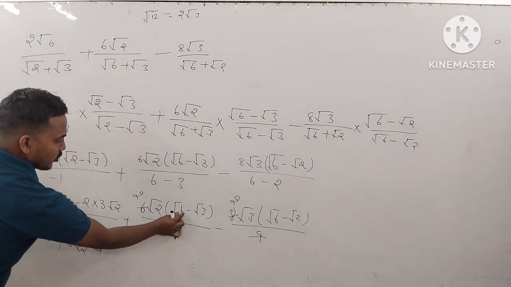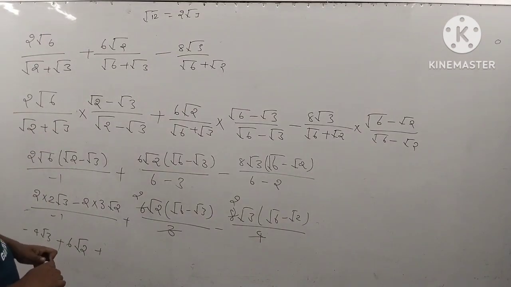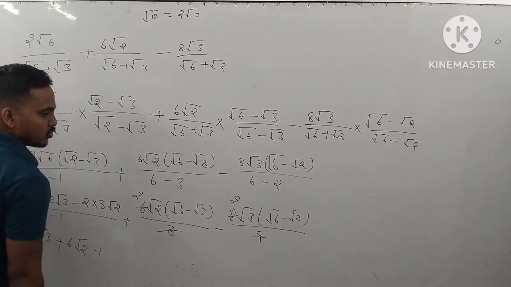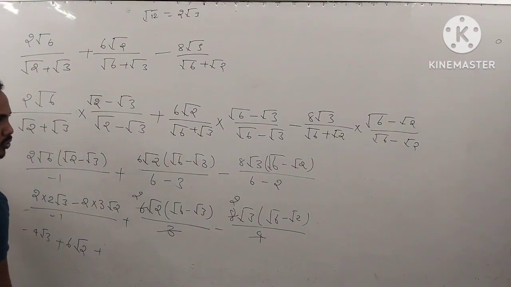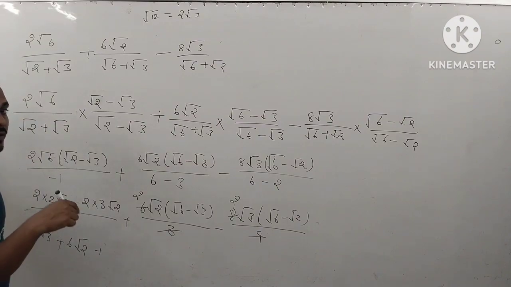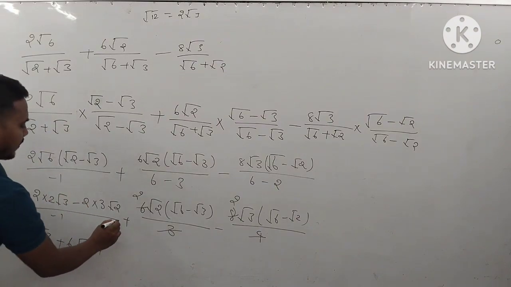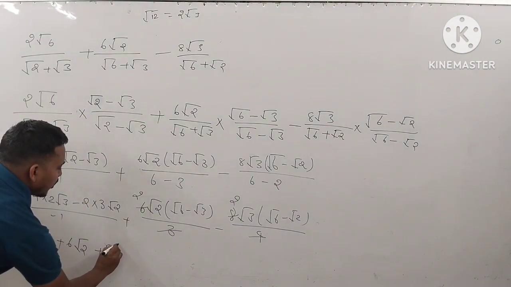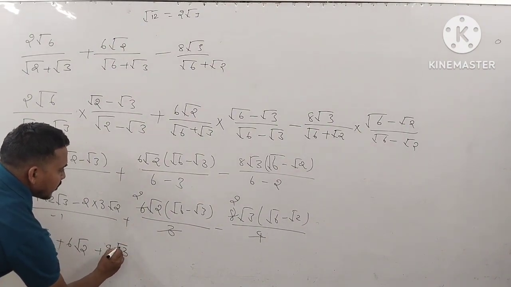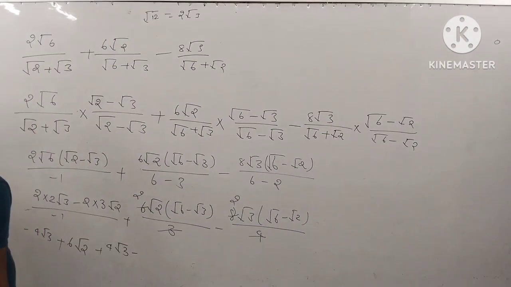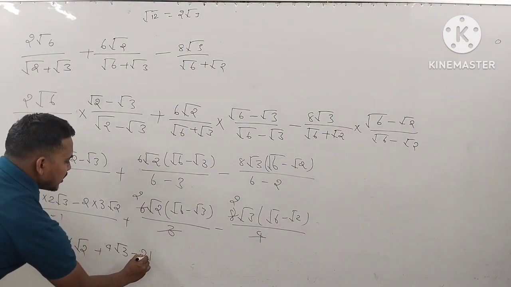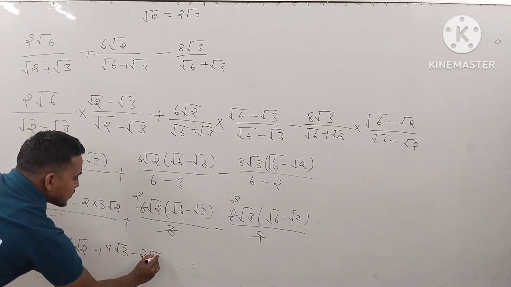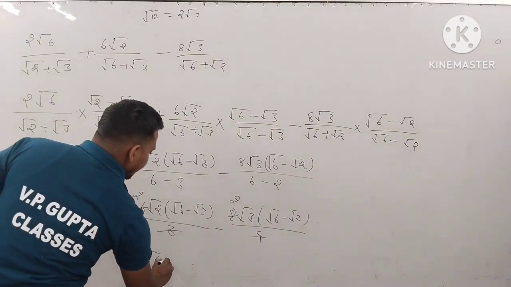Also 2 root 6 multiplied by root 6 into root 2 is root 12, and 2 root 3, 2 2 is 4, 3 is 12, and also 2 2 is 4 root 3, okay, minus here 2 root 2 3 is 6, okay. Now here